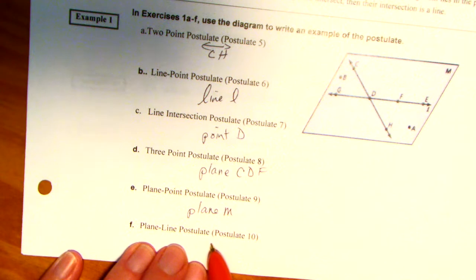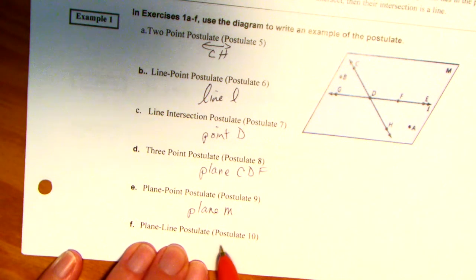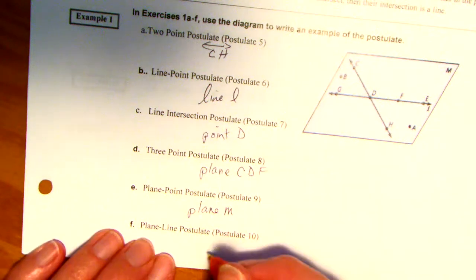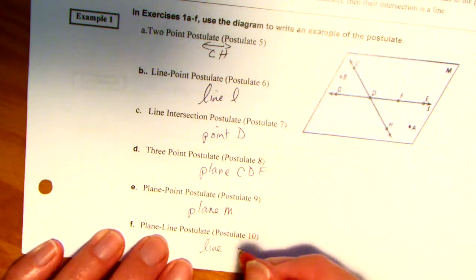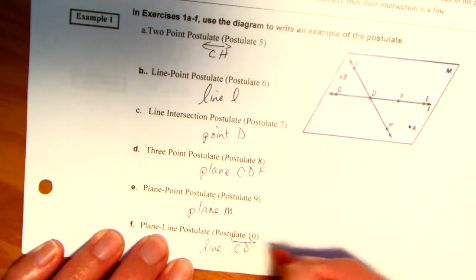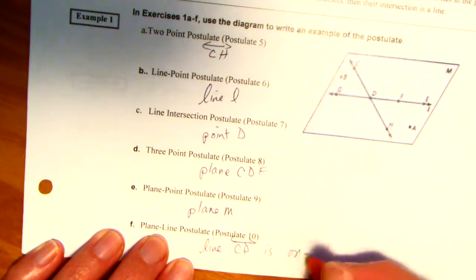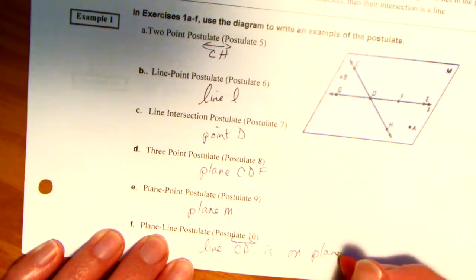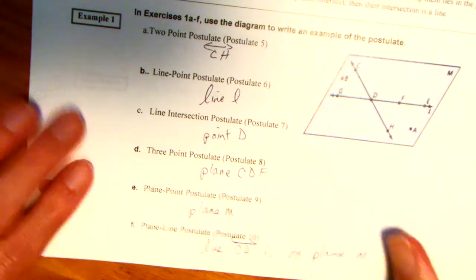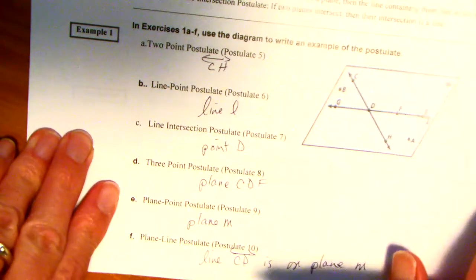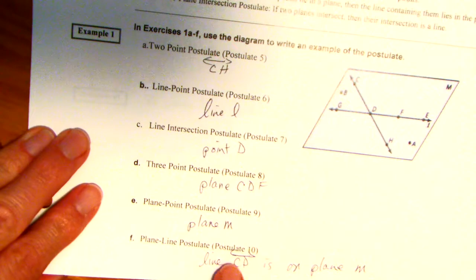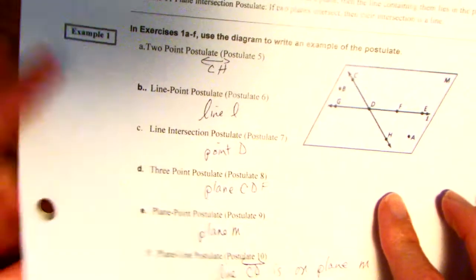And the plane-line postulate. If two points lie in a plane, then the line through them also lies in that plane. So we could just do line CD is on plane M. Did I not have postulate 11? Oh, I think it's because of a space issue. In any case,